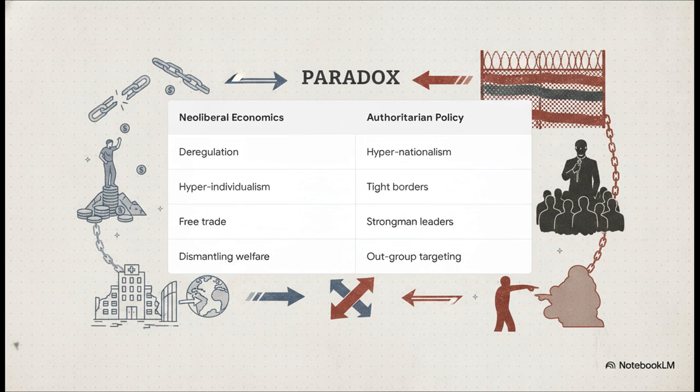On one side, you have neoliberal economics: slashing regulations, championing hyper-individualism, cutting taxes for the wealthy, dismantling the welfare state. But on the other side, you have authoritarian social policy, hyper-nationalism, incredibly strict border controls, and strongman leadership that demands collective loyalty. It's this strange blend of anti-statist, dog-eat-dog economic individualism paired with a really heavy-handed, authoritarian approach to social